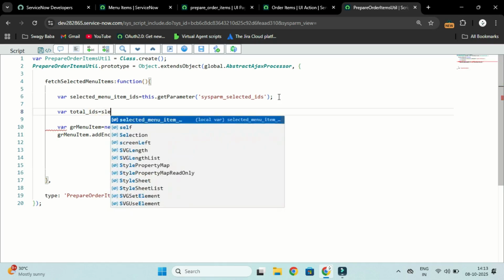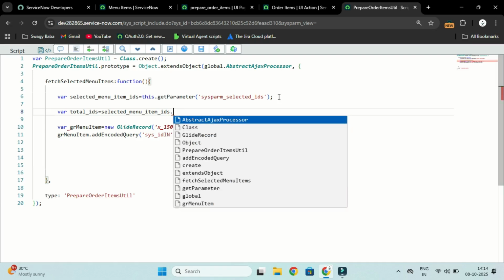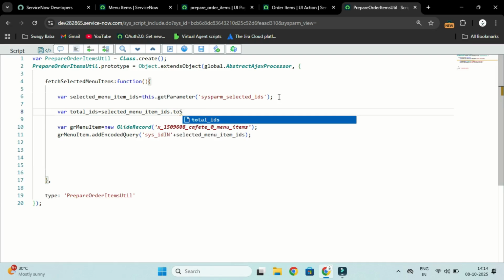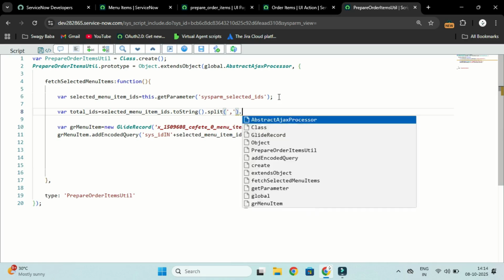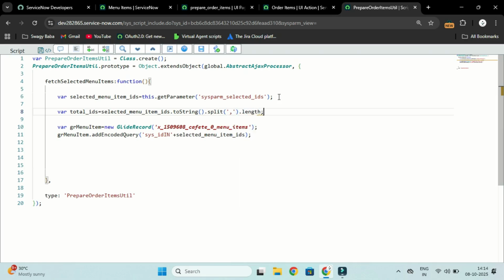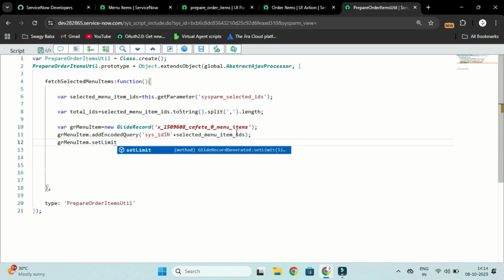Because we know how many items will be selected, I want the count of the selected items. In that case, we'll get the value in a string format. So I will convert it into an array